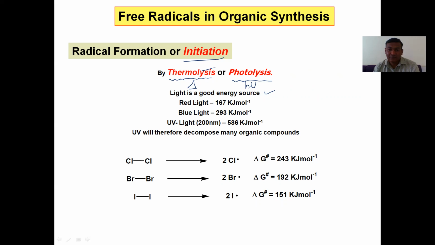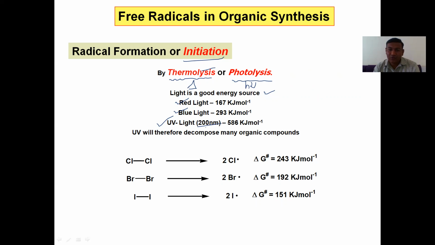Which light? There are three types of light. Red light means there are 167 kilojoule per mole energy. Blue light means 293 kilojoule per mole energy, and UV light